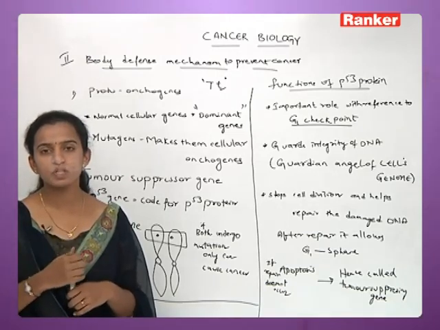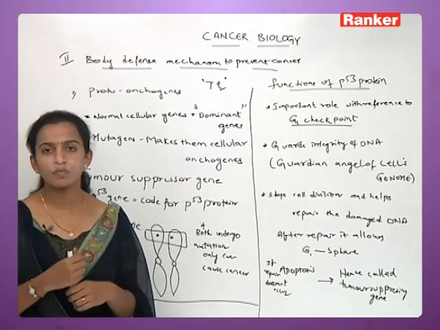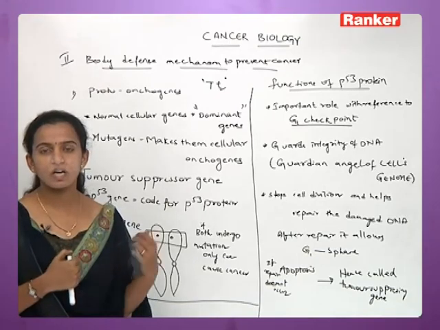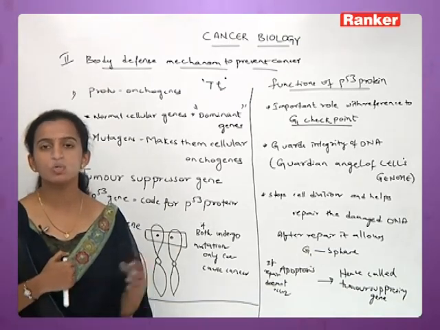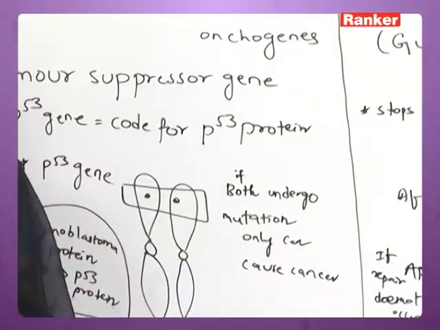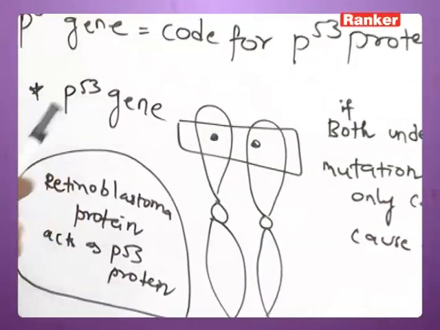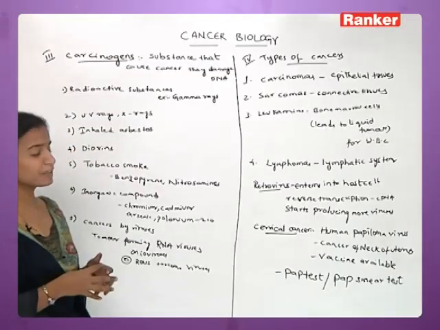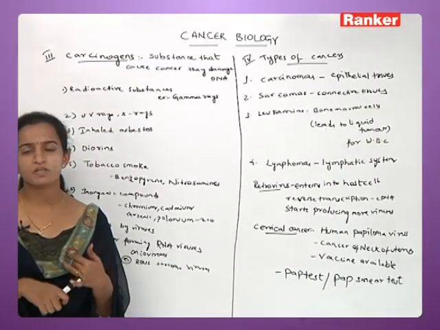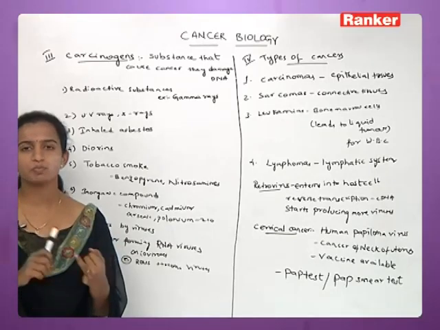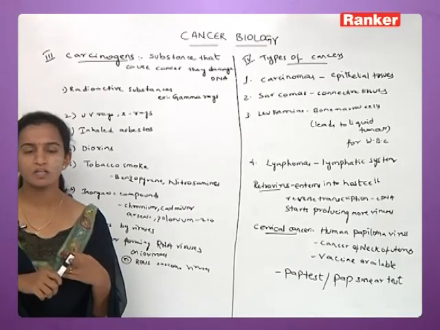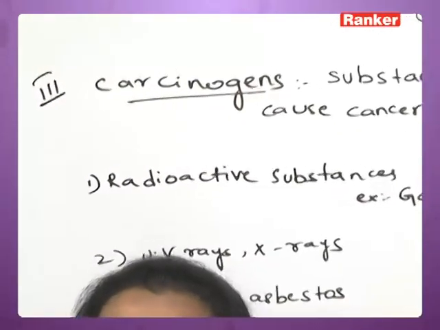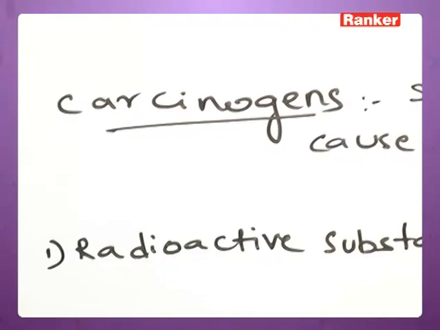So these are the two proteins which are helping the body not to undergo any sort of abnormal divisions of a cell. These are the suppressor genes or tumor suppressor genes present in our body, that is the P53 protein, and the other one is the retinoblastoma protein. So here we have seen normal cancer, its properties, and how our immune system is working against the cancers. So we have seen these different sectors.